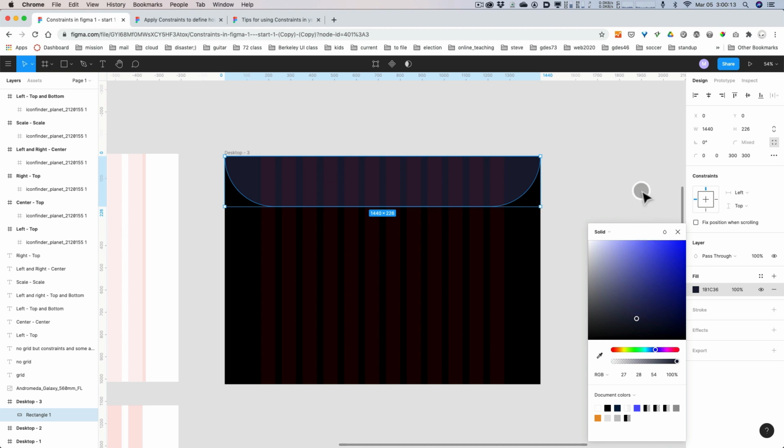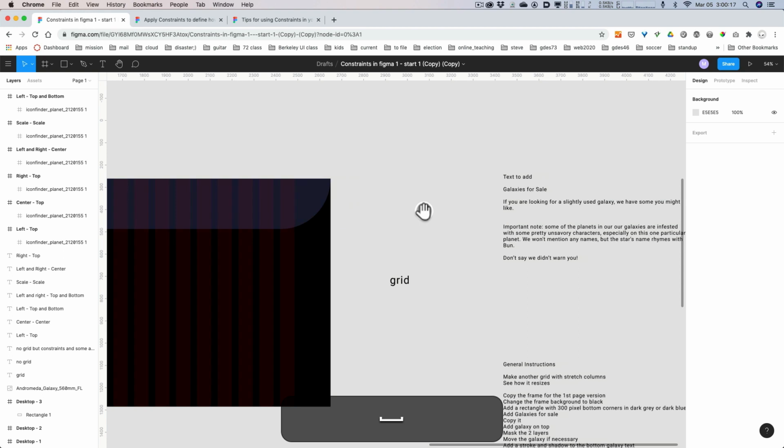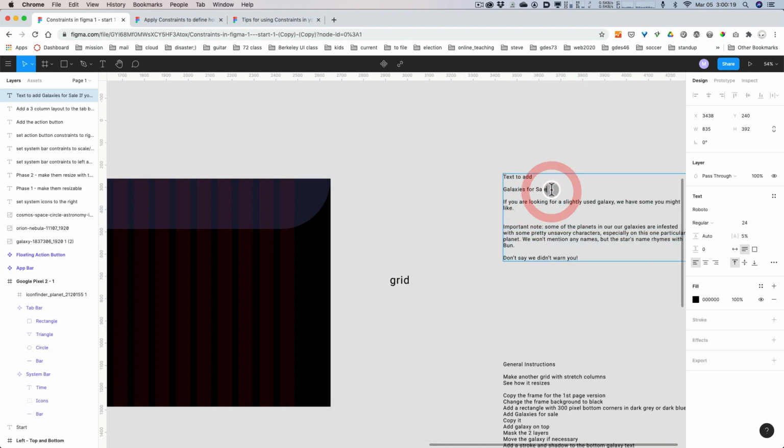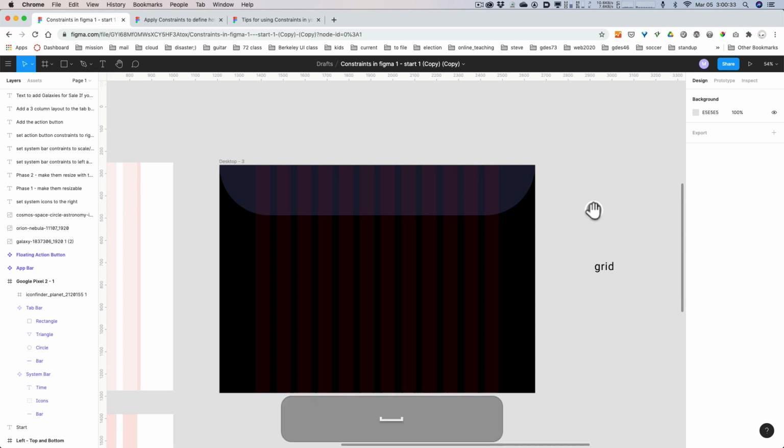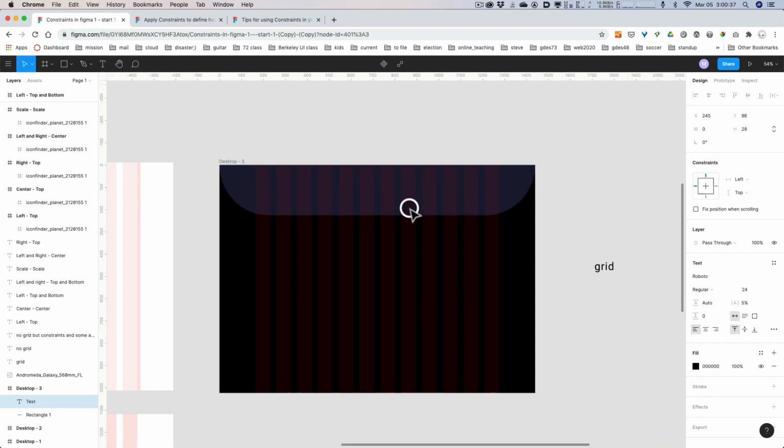Okay, so now we're going to add some text. I've got the text over here for you. I've got galaxies for sale, so I'm going to grab that so we don't have to type anything. There we go. Copy, and then go over here, and I'm going to hit the type tool, T, and just